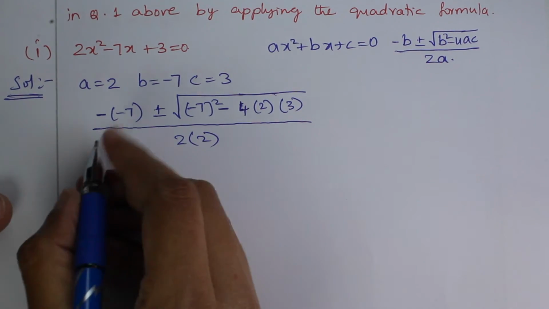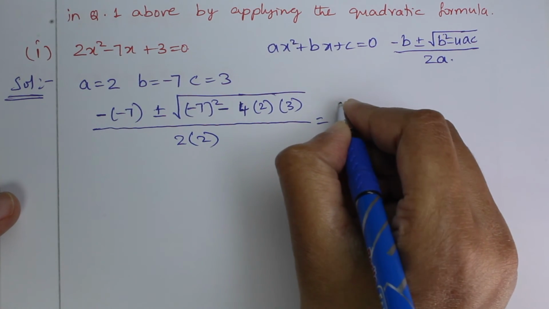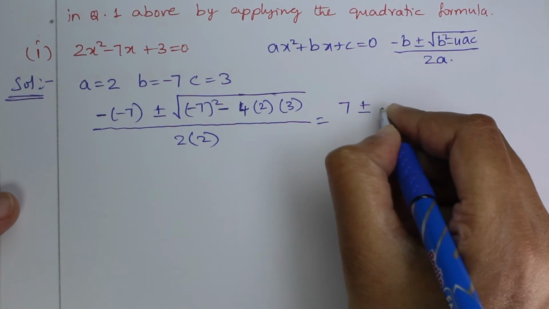Okay, that is equal to minus of minus 7 is plus 7 plus or minus root